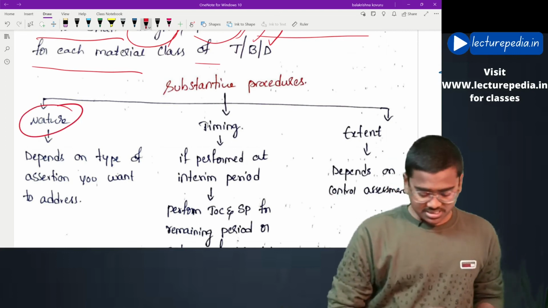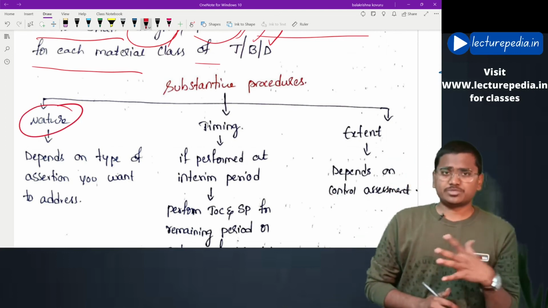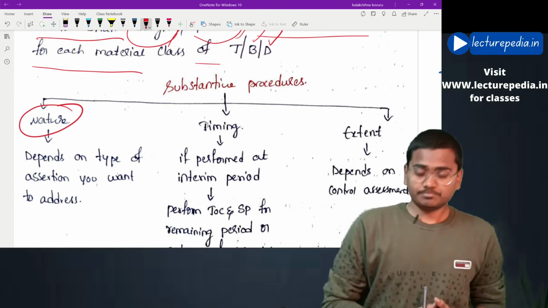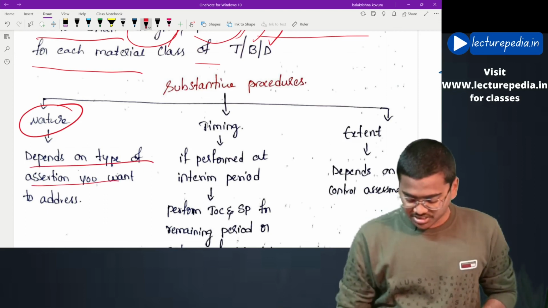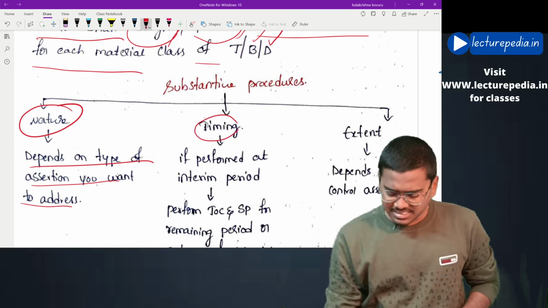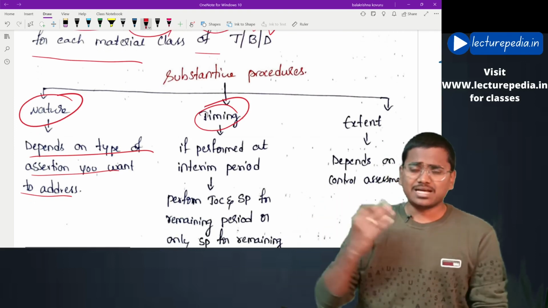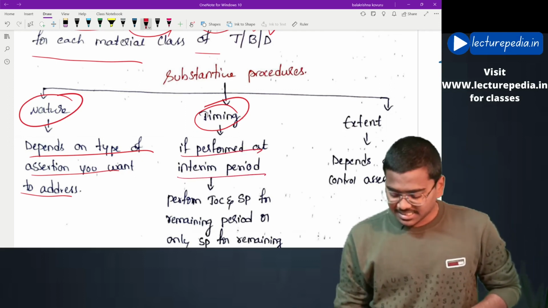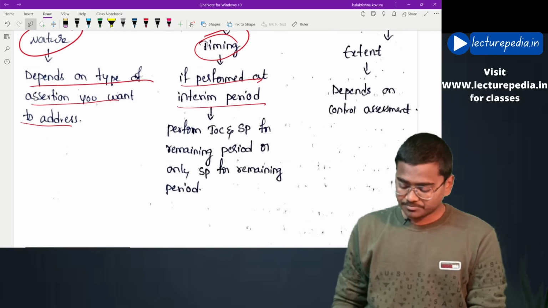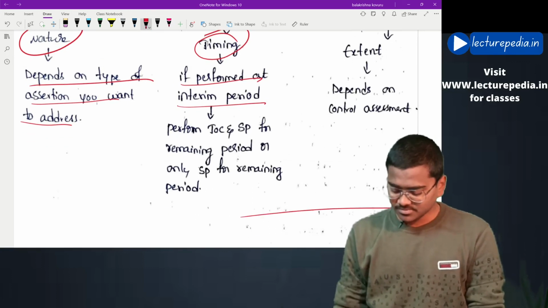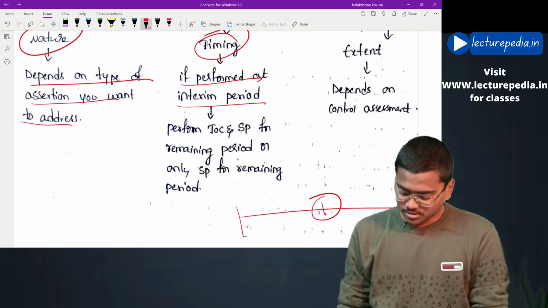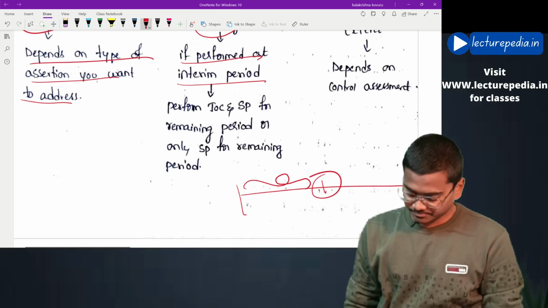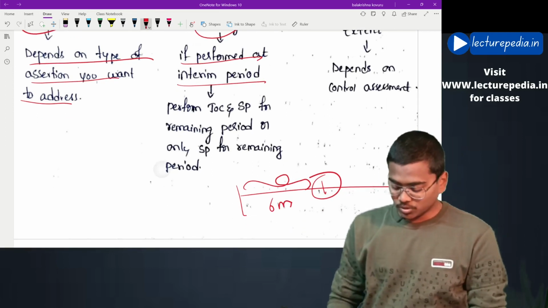Next, nature, timing, extent of substantive procedures. Nature of substantive procedures: basically, the auditor will determine the nature of substantive procedures based on the type of assertion that he is addressing. It depends on the type of assertion you want to address. Next, timing. It is the same as what we have discussed in the case of test of controls. If performed at an interim period, the auditor has performed substantive procedures in the interim period. For the first 6 months, the auditor has performed substantive procedures. Now, in the remaining 6 months,